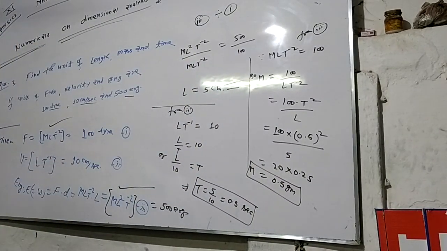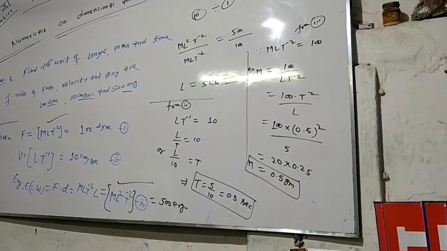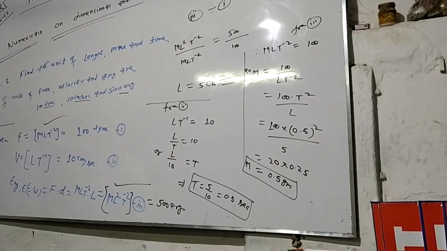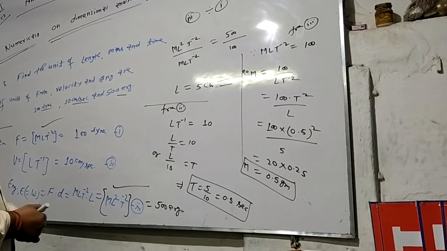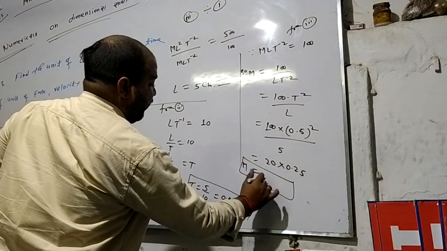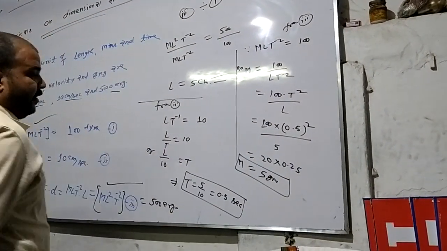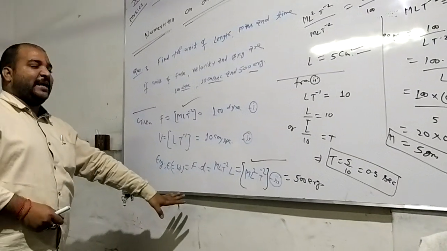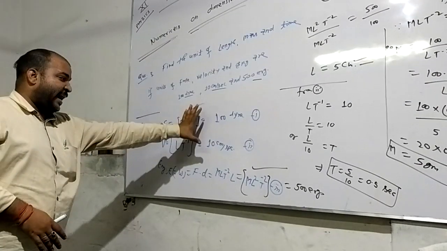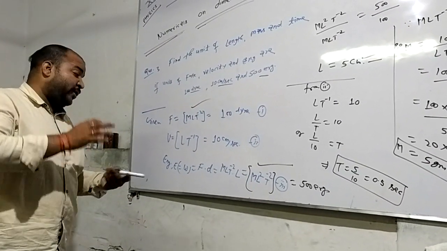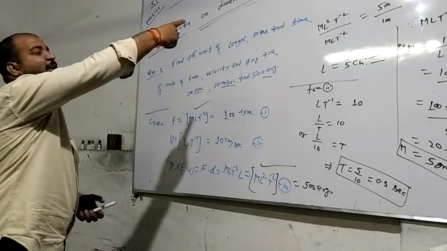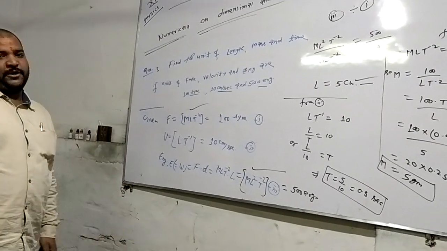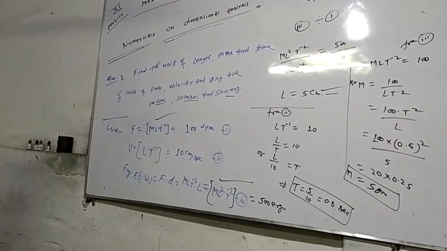Look at the board. Simply, this is the 5 gram. Simply look here. We have to calculate the value of length, mass and time. Firstly, we categorize the given values and then proceed to separate any one of the values, length, mass or time. By putting this in, we solve and get the desired values. Look at the board.